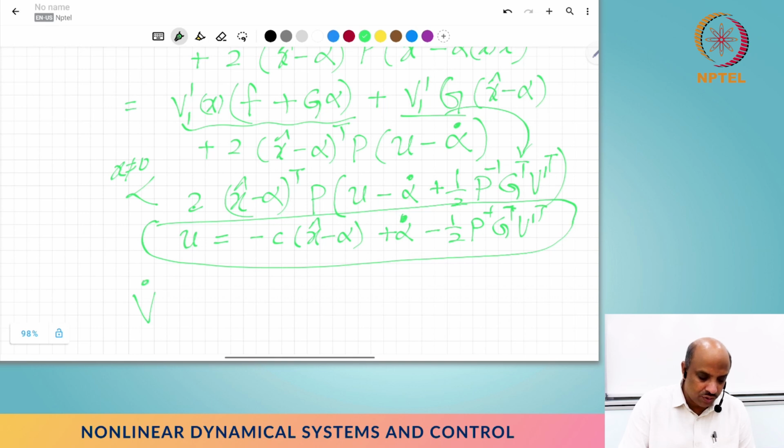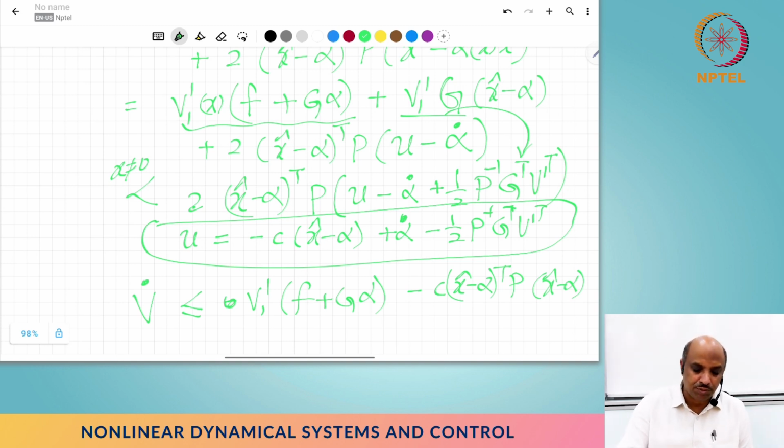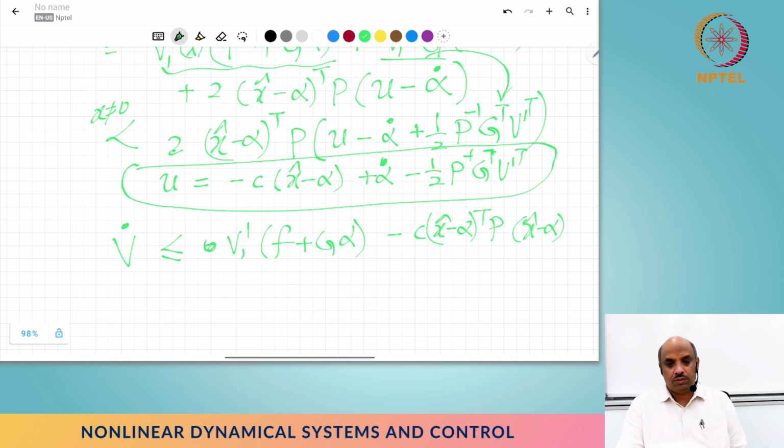Basically, V dot is going to be less than or equal to minus V1 prime times f plus g alpha, which we know is less than 0 for all x not equal to 0, minus c times (x minus alpha) transpose P (x minus alpha). So that shows that this system is positive definite for the Lyapunov function part, and strictly negative definite for the V dot part. Therefore we can show this system is locally asymptotically stable by realizing that this is